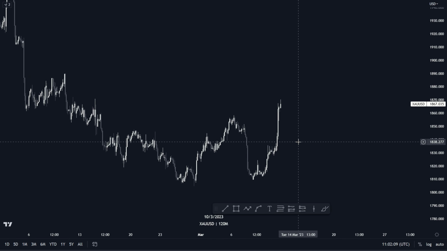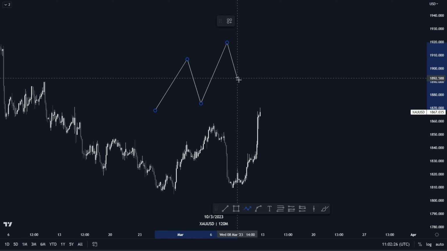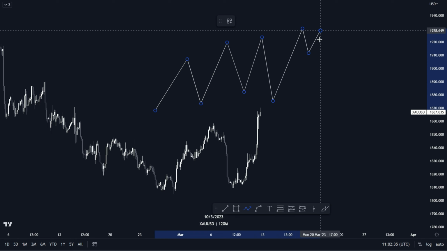As I said, today we'll be covering the basics of the liquidity concept. So liquidity, what is liquidity? Liquidity is money in form of stocks. For instance, here we're in a bullish trend.